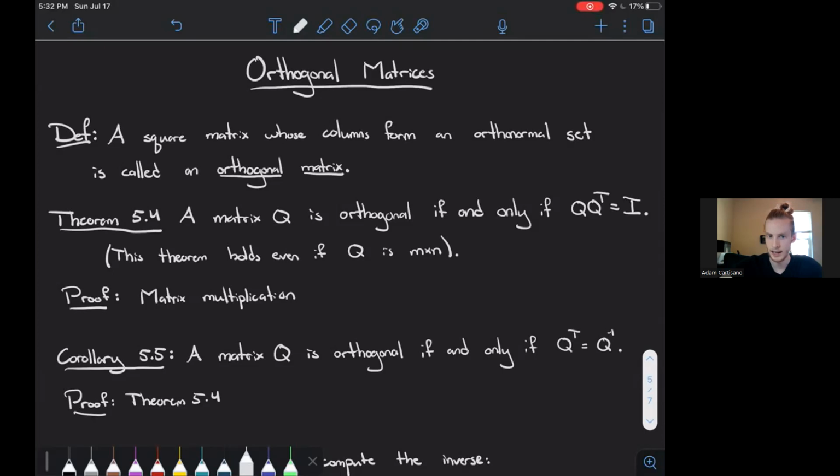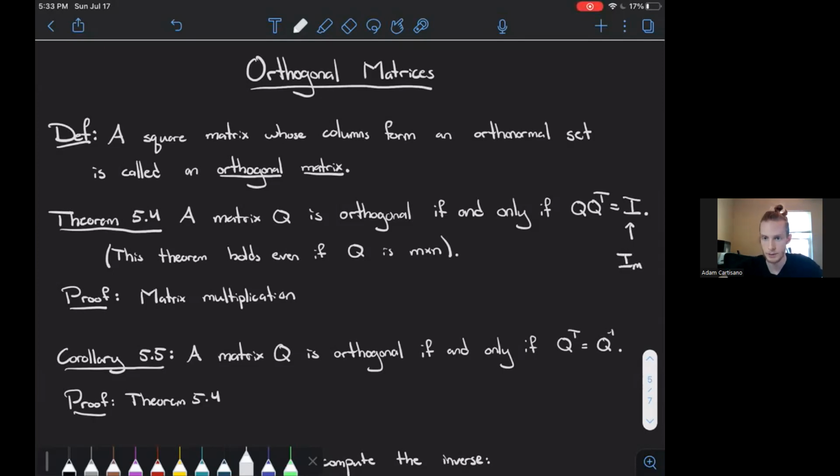a matrix is orthogonal if and only if Q times Q transpose is the identity. That's true even if Q is an m by n matrix. Just go and take the transpose. Okay, if it's an m by n matrix, then you have to check both directions of multiplication. If Q is m by n, then Q transpose is n by m, and then it'll be I_m in that case. But literally just go and compute this,